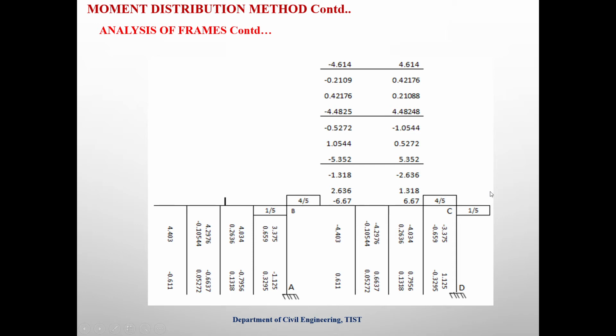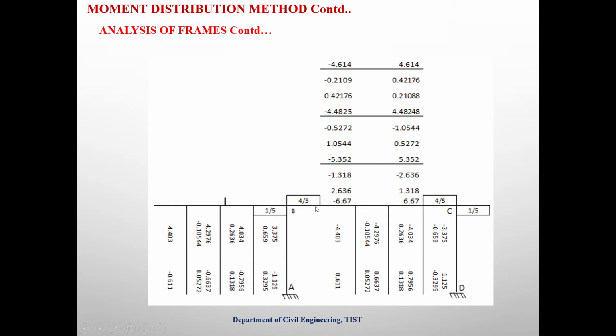In the first step of moment distribution, we have to check whether the end supports are simply supported or not. If it is simply supported, we have to make the moment at that particular joint equal to 0. If it is not simply supported, that means if it is a fixed support, then we can leave that support and move on to the intermediate support. Here both A and D are fixed supports, that means there should be some value. Here it is some value. So we have to move to the intermediate supports, joint B as well as joint C.